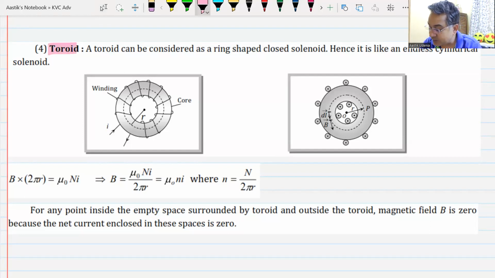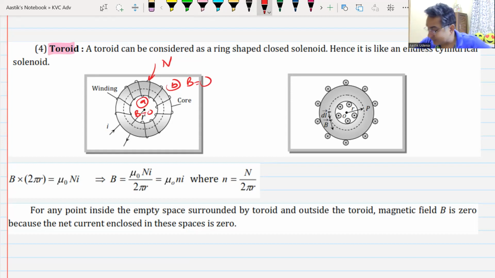Magnetic field due to a toroid. What is a toroid? As I told you, a toroid is just like the tube of your scooter or your car tire. It's a cylinder and you make this cylinder into a round shape and then you have a wire onto it. This is a toroid. If n is the number of turns in the toroid, remember at any point here in section A, the magnetic field is 0. At any point here, the magnetic field is still 0. Magnetic field only exists inside the